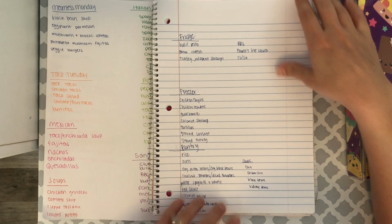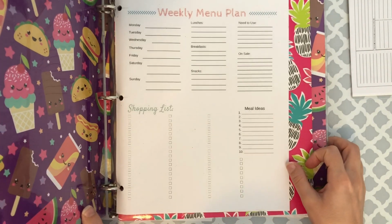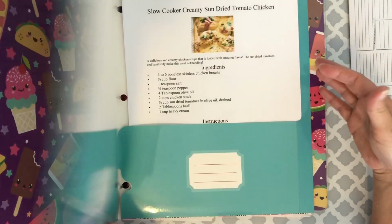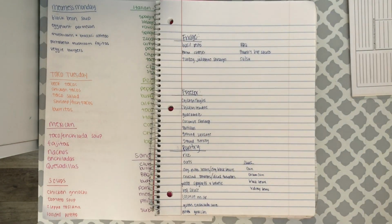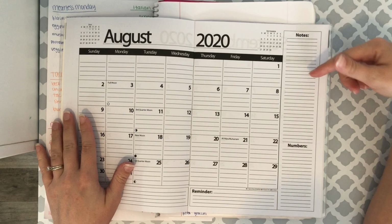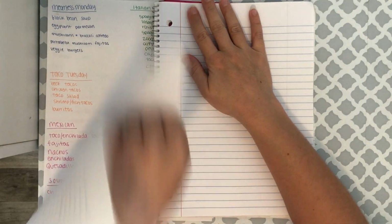So with all this, some people might use something like this, which I printed offline, to write their stuff out. I don't personally use this. I do have it printed in my binder, but I've tried it before and it doesn't really work the best for me. Some people will use a planner like this and just write it on the little boxes and then put in the notes, either what they need or what they already have or however. But for me, honestly, I just like to tear this sheet of paper out